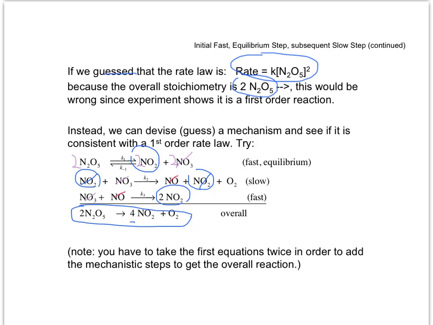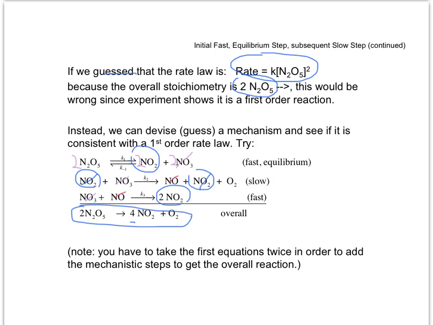So the mechanism is sound from that point of view. Now what we want to do is ignore those purple 2 coefficients in the first fast equilibrium step. And now we want to use the bottleneck principle, which says that the rate of the reaction is equal to the rate of the slow step. So if the rate of the reaction is equal to the rate of the slow step, then we can say,